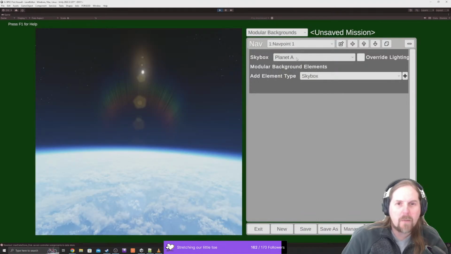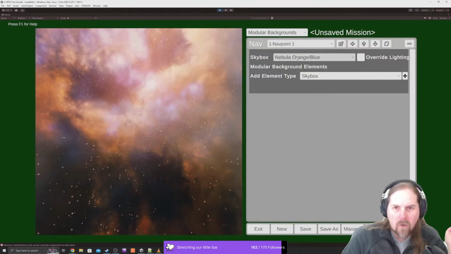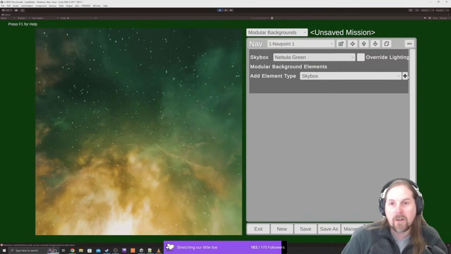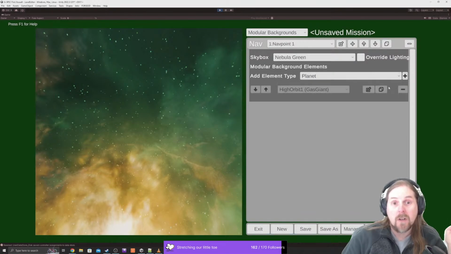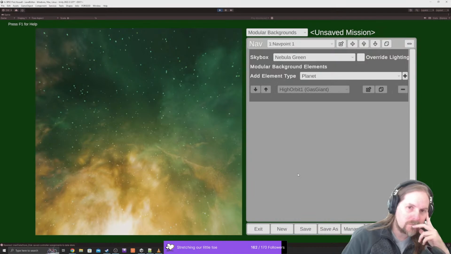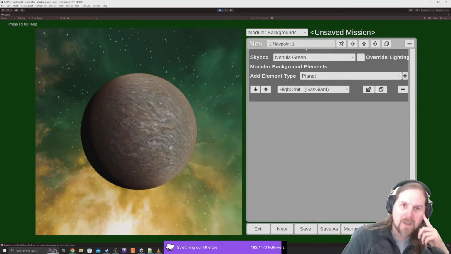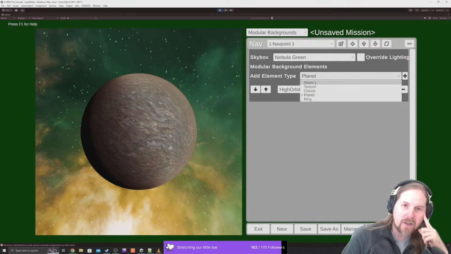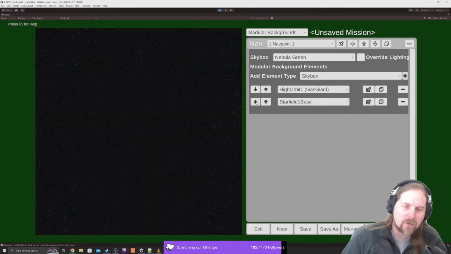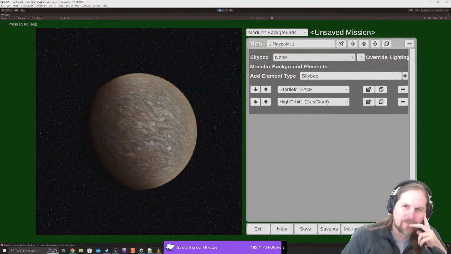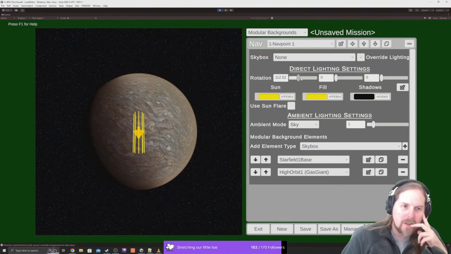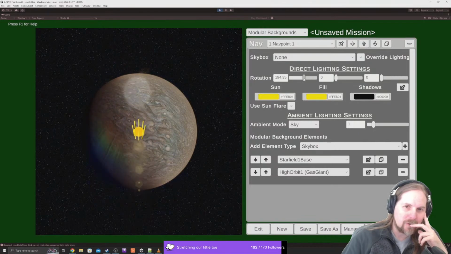So you could use skyboxes, or a combination of skyboxes and modular backgrounds. Once this loads. Or we can say, well, you know what? We'll use our own custom skybox, not bother with that one, and create scenes. And then what I'm doing now is the lighting. It's like that's the sun source, wherever I might want it to be